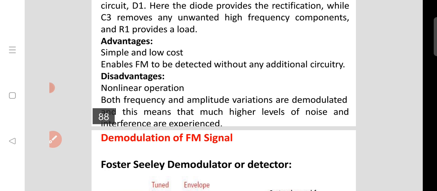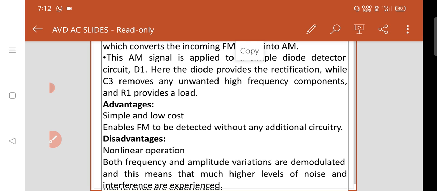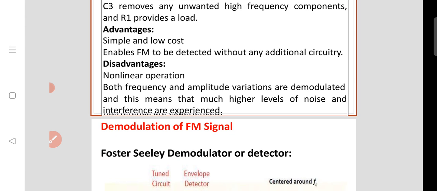By observing the curve I drew before, the characteristics are non-linear in nature. This non-linear nature causes harmonic distortions in the output. The non-linearity obviously comes from the fact that the slope is not the same at every point of the characteristics. That's why there is a change in slope. That is the biggest disadvantage in slope detection.